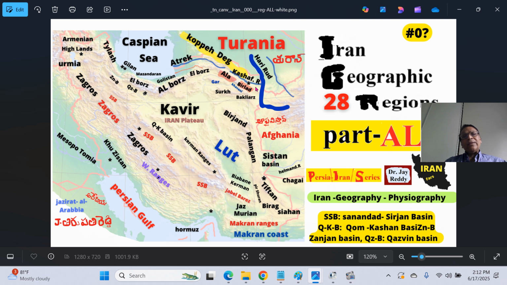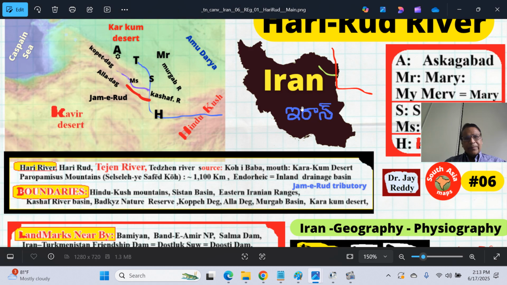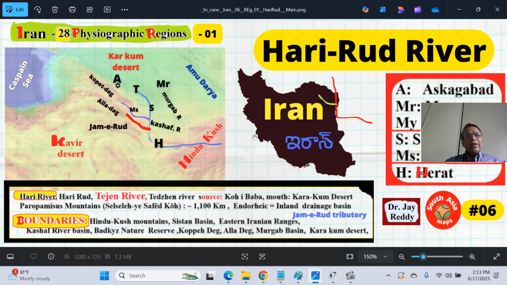In that valley, there is a river that flows near the valley called Kashaf Rud River. That is the left-hand tributary of Harirud River. And there is also another river I have shown in another place called Jam-e-Rud River. So here you can see Hindu Kush mountain, Harirud River, this is the Kashaf River,